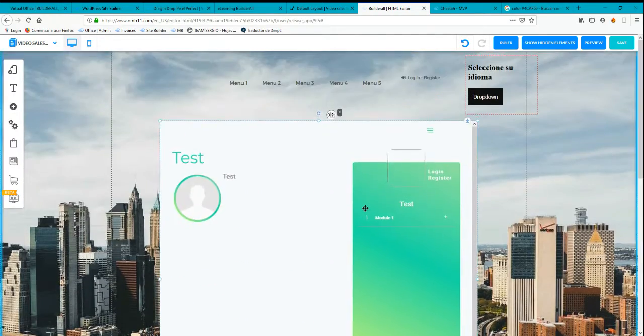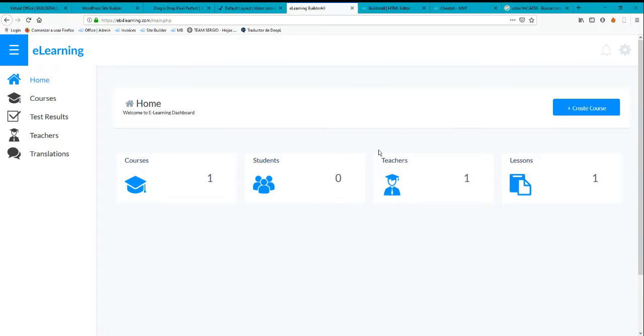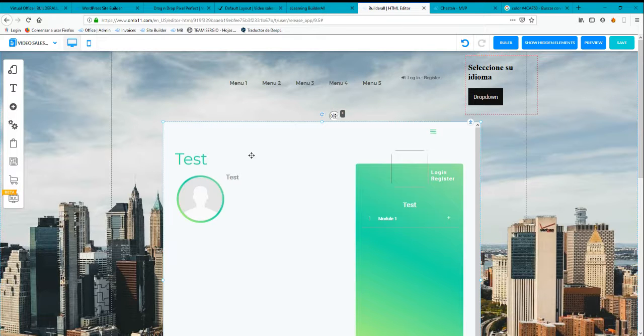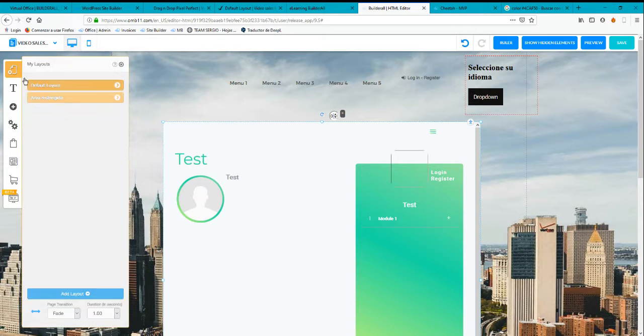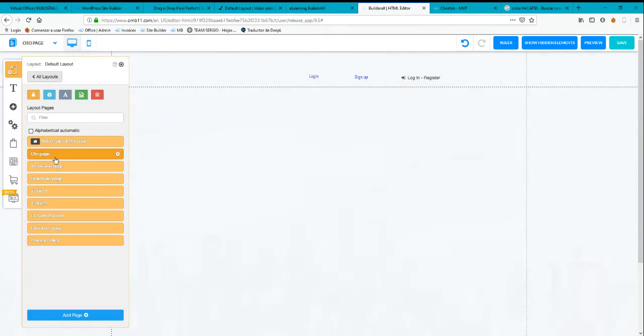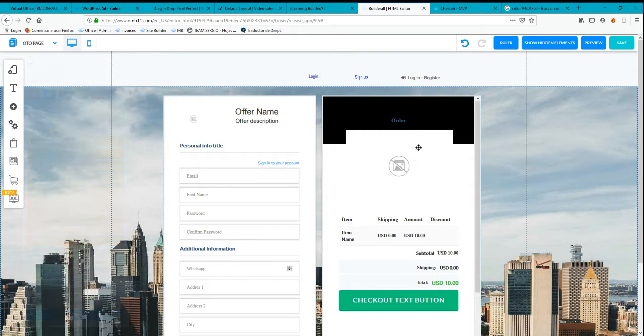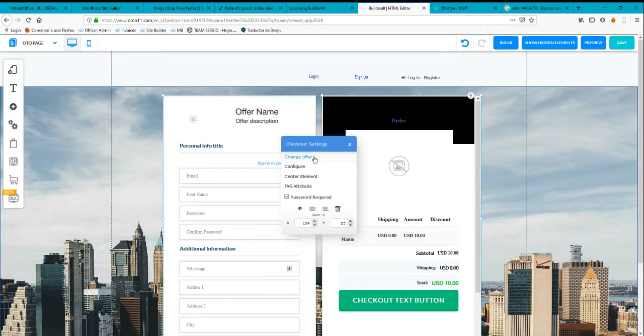What I want to do is lock people out until they pay before getting access to the site, and at the same time I have to do it from here. So I'm going to create a page, let's say the auto page, and I'm going to select this checkout in order to link it to my e-learning. So I right click, change offer,